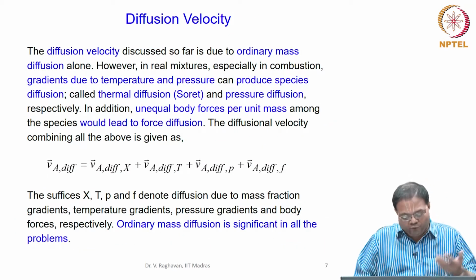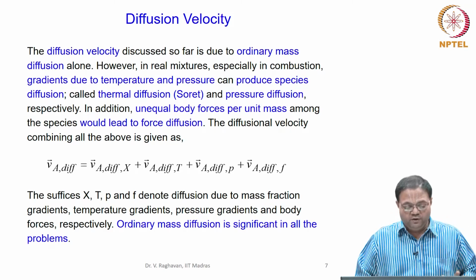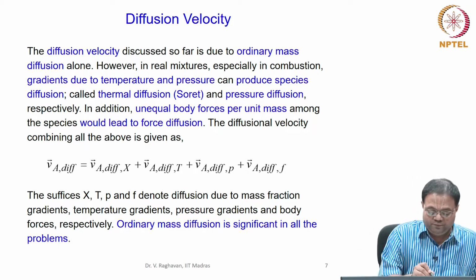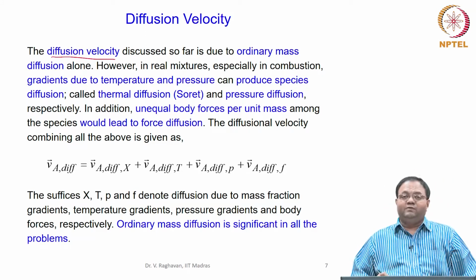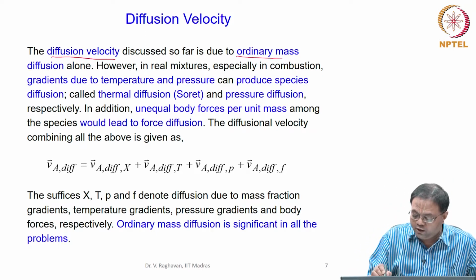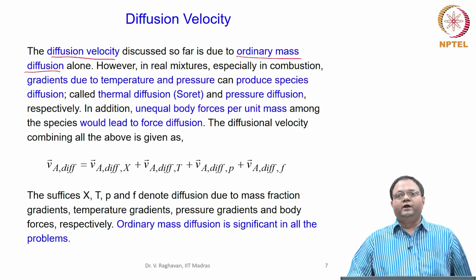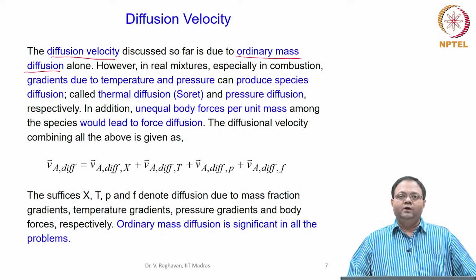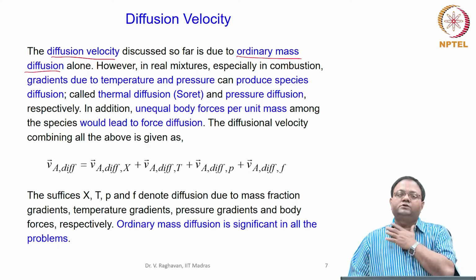Okay. Now, before going to the multi-component mixture, more than 2 species, let us see some other characteristics of diffusion velocity. For diffusion velocity, what we have considered in the previous slide is only due to ordinary mass diffusion. That means it has only concentration gradients, correct? The mass fraction gradient what we have written is the only contributing factor there, okay. So, higher the concentration at one location, lower the concentration at another location, due to the concentration gradient the diffusion